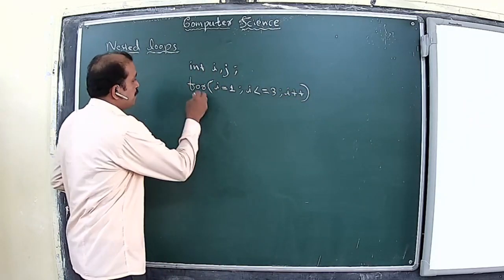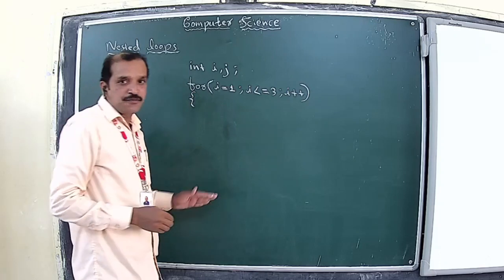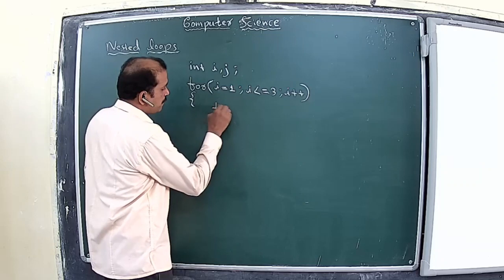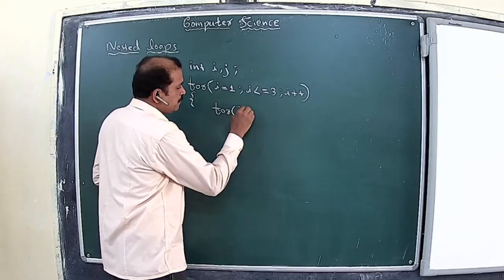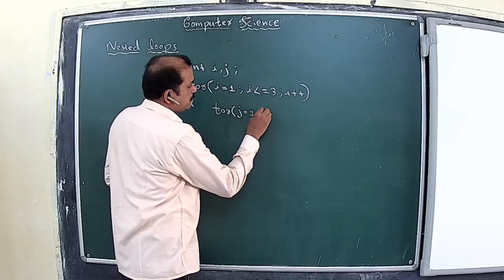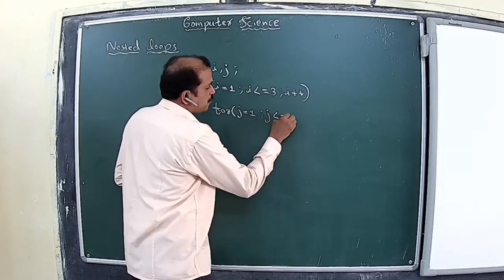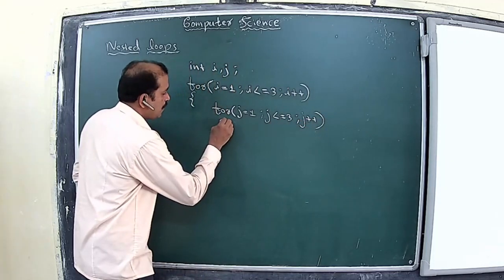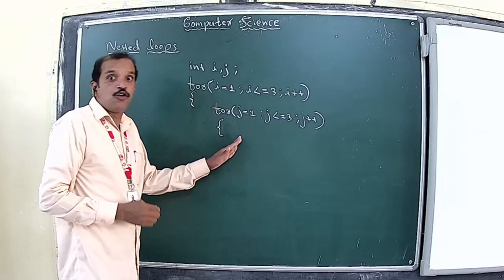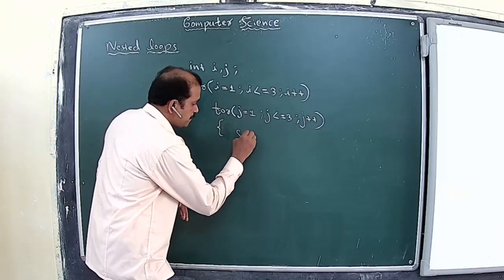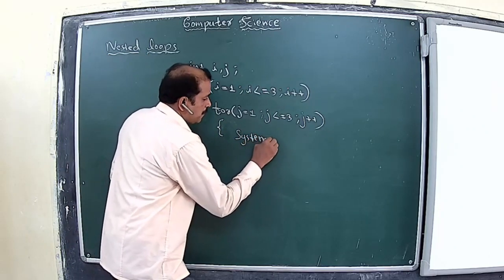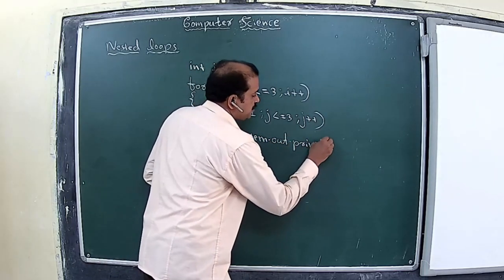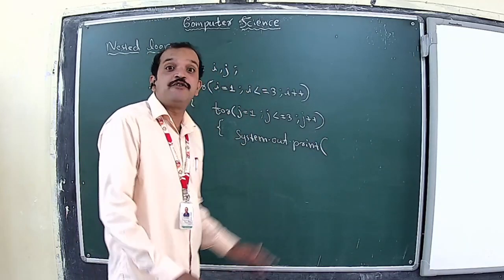So the loop is simple in itself, and this is our outer loop. As part of our inner loop, we will be using the next loop control variable: j equal to 1, j is less than or equal to 3, j plus plus. As part of the inner loop, we are going to give a printing statement, System.out.print. See the difference? Here we are going to use the print statement, and we will see why.